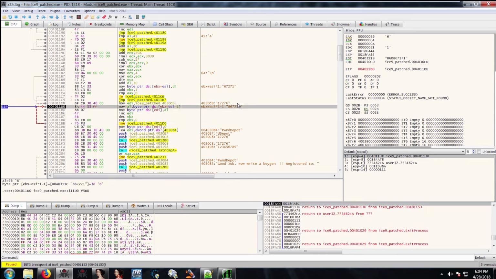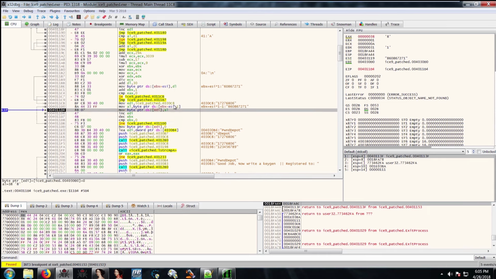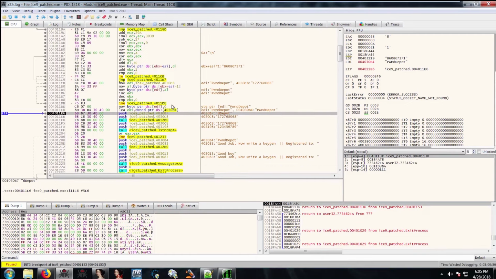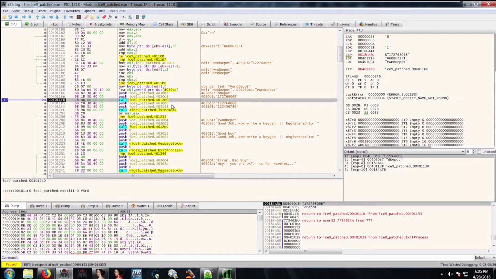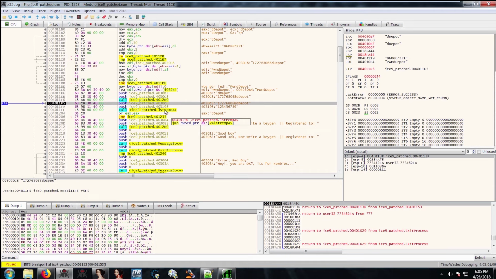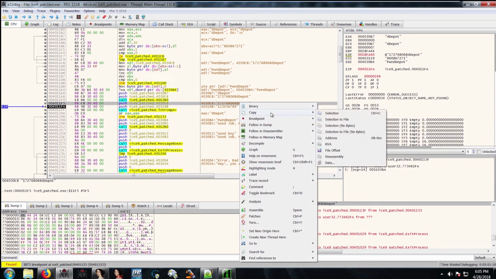Looks like it's concatenating some kind of serial here. And then we get to this string compare. It's taking the serial that we provided and comparing it to this. So this might be the serial we're looking for. If we copy that,